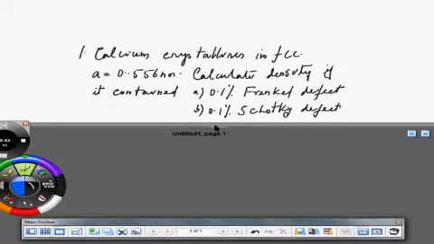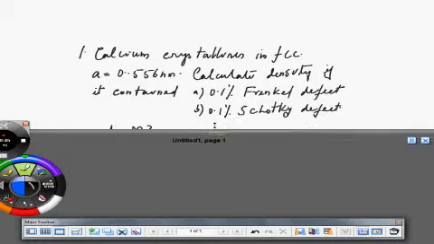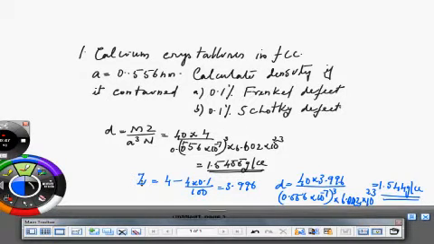When you say 0.1% defect in Schottky defect, what it means is your Z is going to be 4 minus 0.1% of that. So, actual Z is not 4, it is going to be 3.996 if there is a 0.1% defect. Without a defect, your density is supposed to be 1.5456 gram per cc because you have taken Z as 4. This is without a defect, which means this is the ideal density. With the defect, your Z is going to be 3.996. So your density becomes 1.5444.